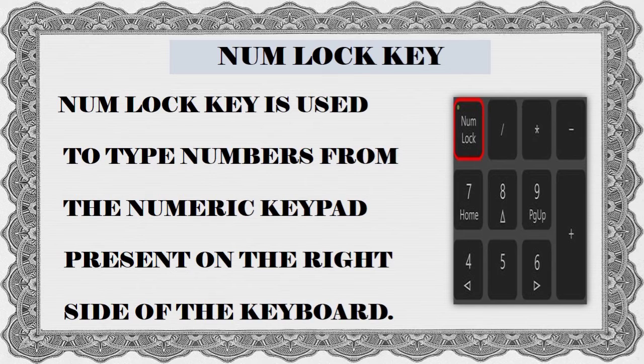So first thing, the way you will judge that caps lock key is on or not with the help of a green light, numlock shows the same. If the numlock is on, on the right hand side the green light will blink, and if it is off, the green light will not blink. Okay,